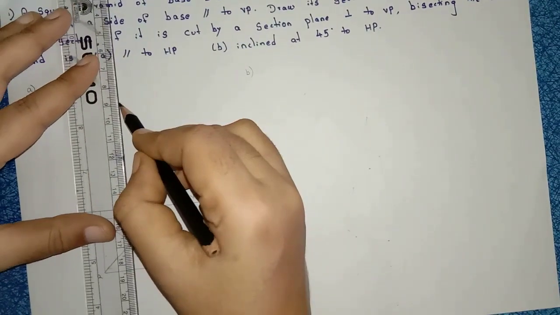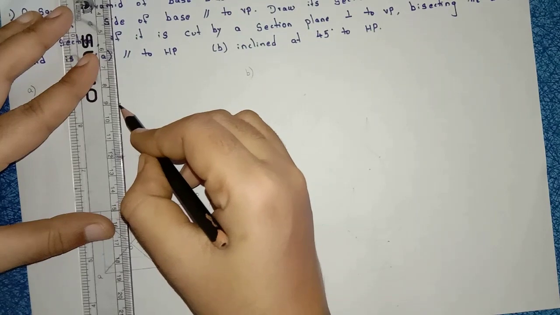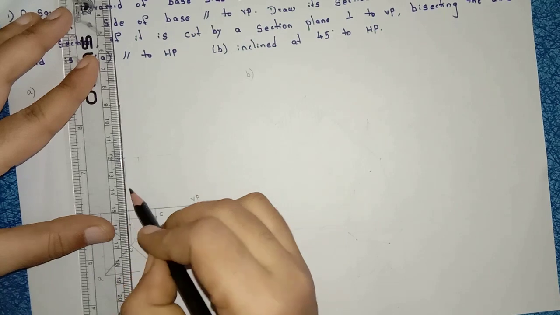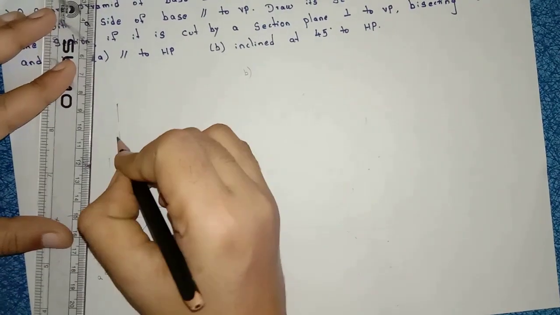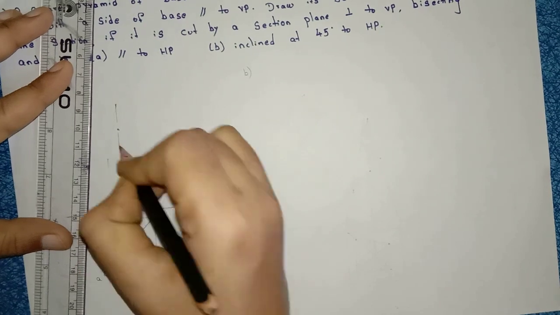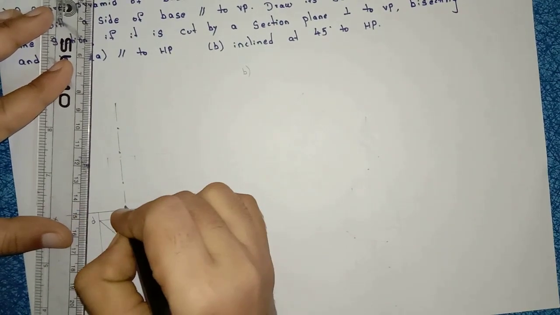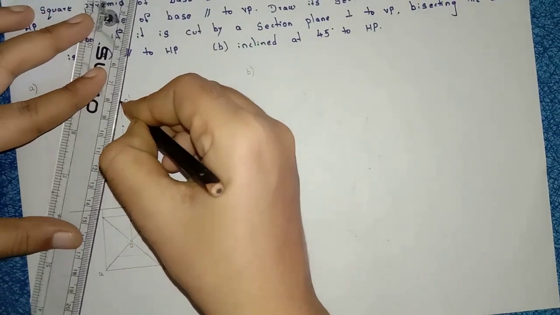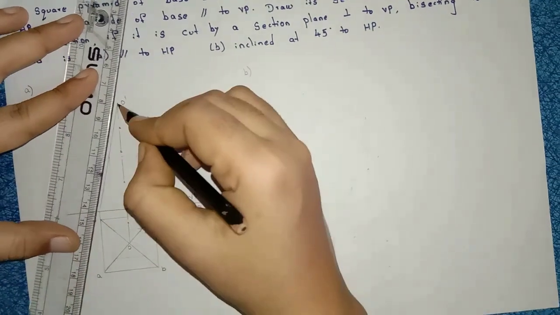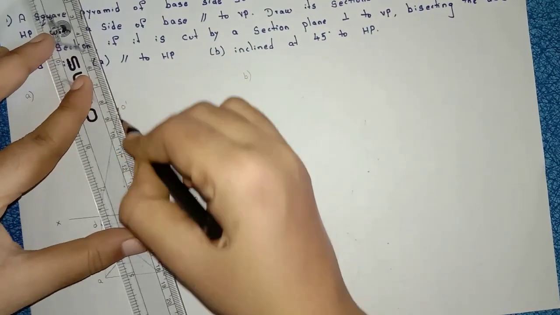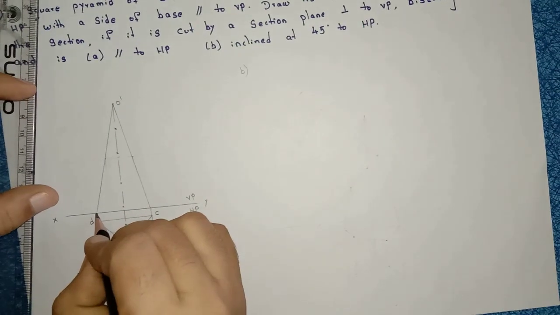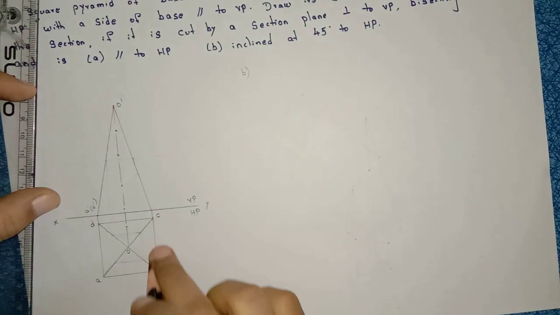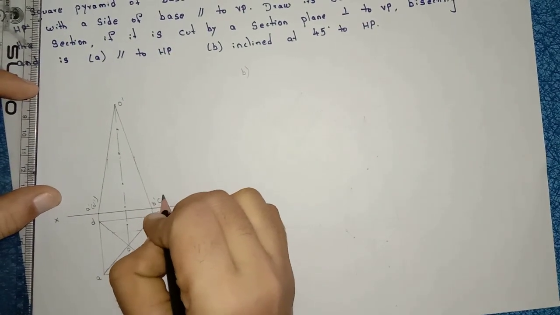Now the axis height is here 60 mm. Take the axis height 60 mm. The axis line should be dash dot. Name this point as O dash. From this O dash join to this corner, and from this O dash join to this corner. So what is the point name here? A dash of D dash, and this point is here B dash of C dash.